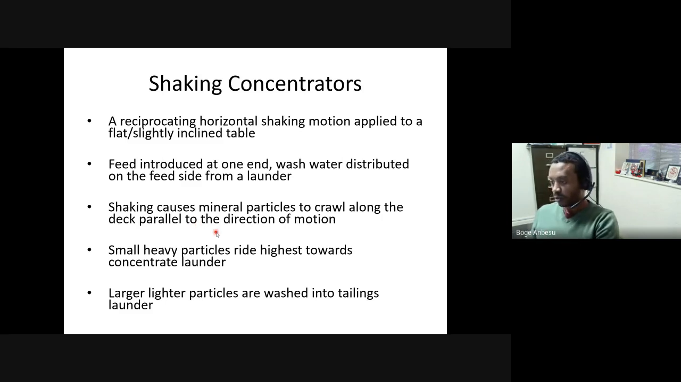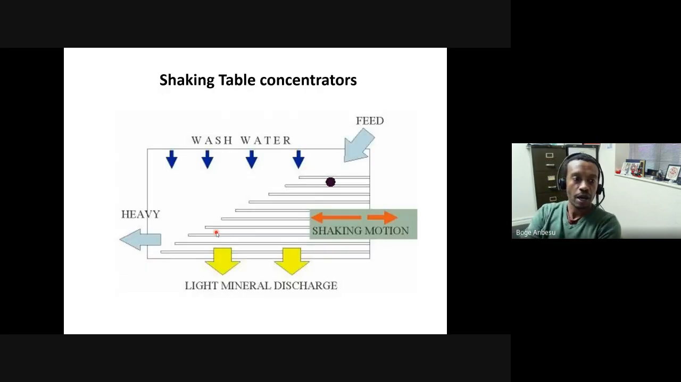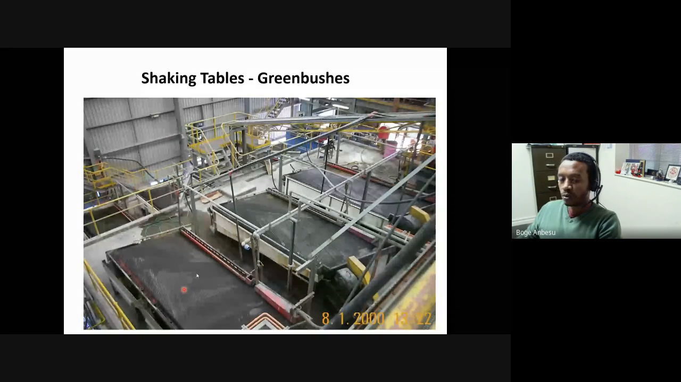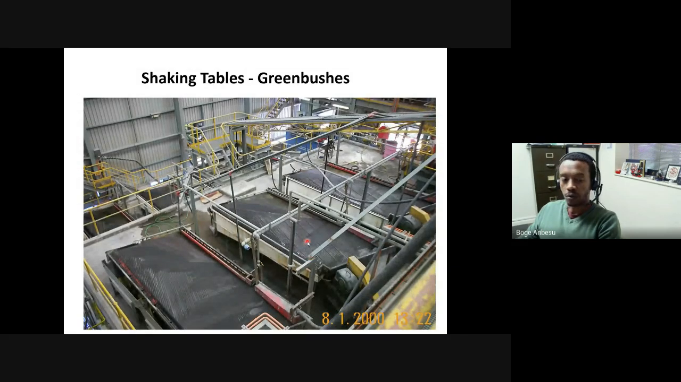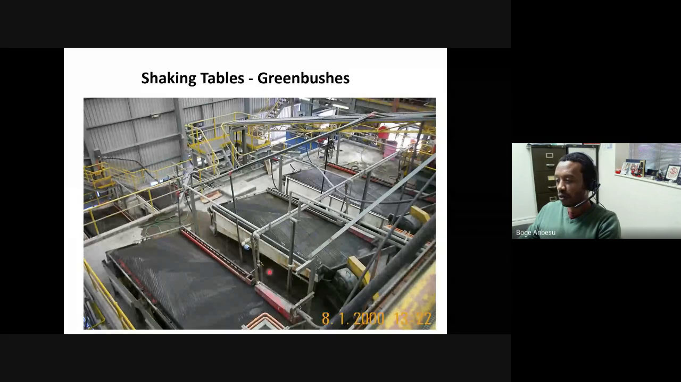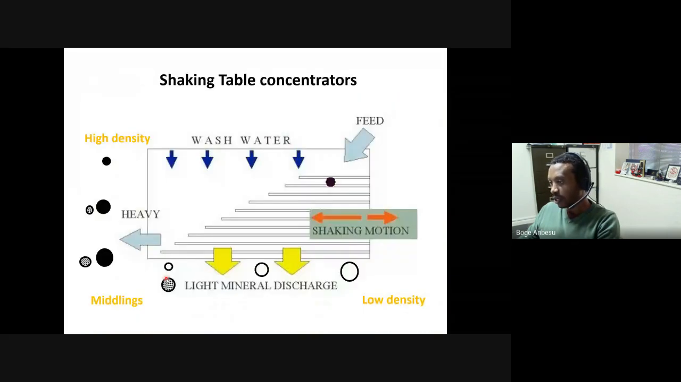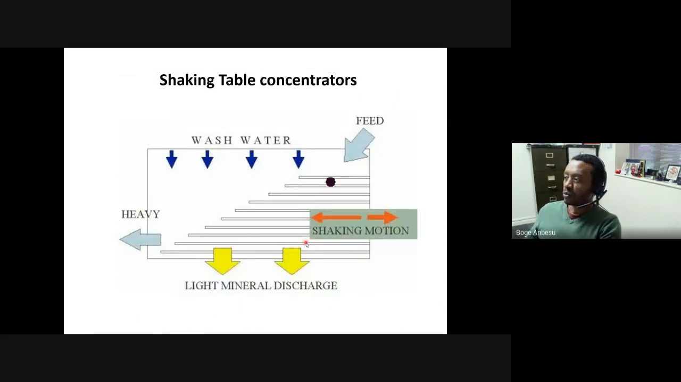Okay, probably better to use this diagram here to explain what I'm talking about. I don't know if you guys saw any of these type of tables. Let me see if I have a picture. So they look like this one. Okay. So the table has got a lot of grooves or small lines, if you like, on the surface of the table. So what happens is we feed particles from this end,